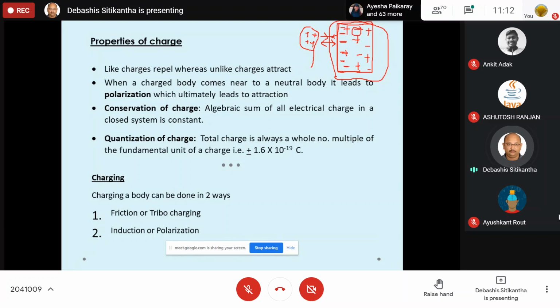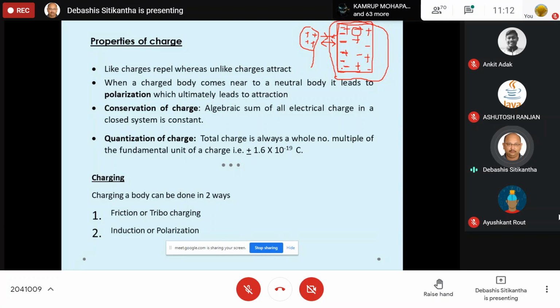And whenever there is polarization, it leads to an induced surface charge. In this case, it is an induced negative charge, which attracts this positively charged balloon, which is quite light. If it were a very massive, heavy body, there would still be a force of attraction, but you could not see or feel it. Since the balloon is very light, you will see it touch the surface of the wall. So polarization always leads to attraction. This is the second most important property of a charge.